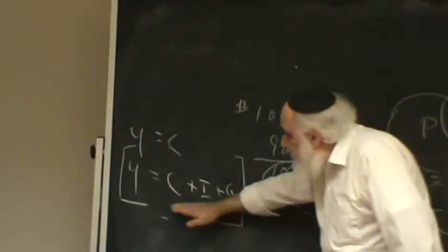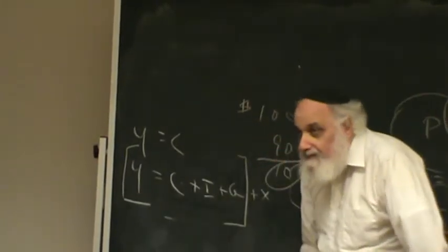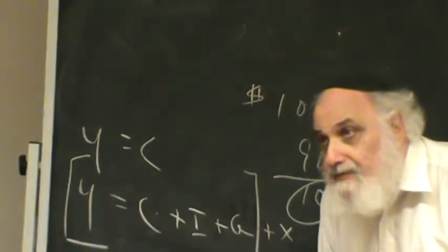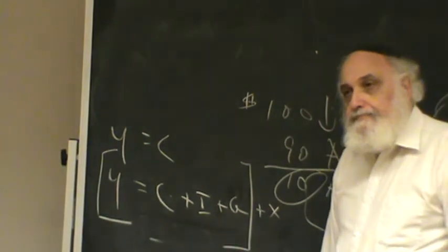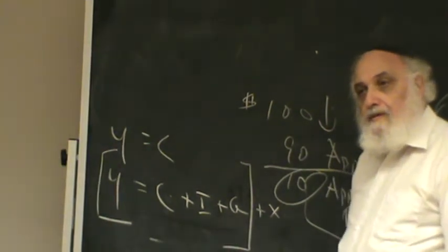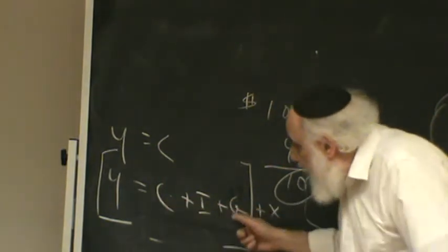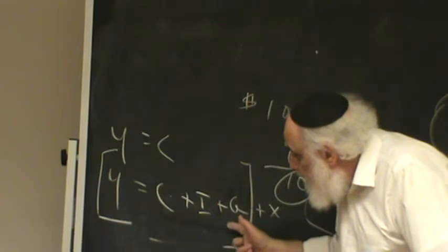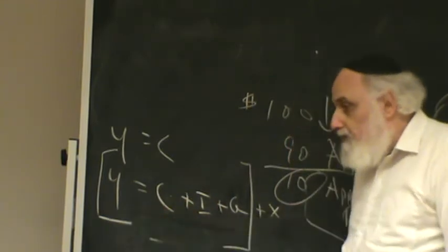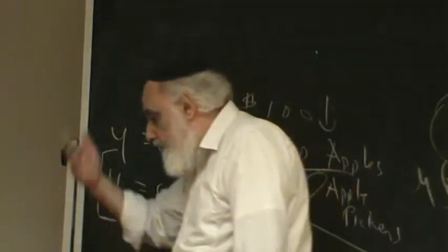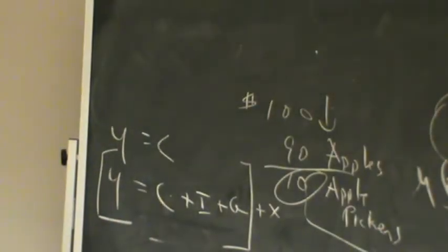In other words, the system is going to come to equilibrium with Y equals C plus I plus G. And if any of these things falls, Y is going to fall. Right? Because if he's not giving me back all the money, or the government isn't giving me back all the money, it's going to fall. It's going to go down. Then he'll produce less, and he'll hire fewer workers, and everything's going to go down.